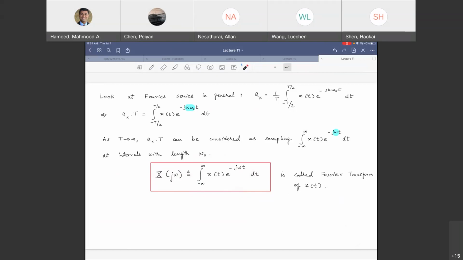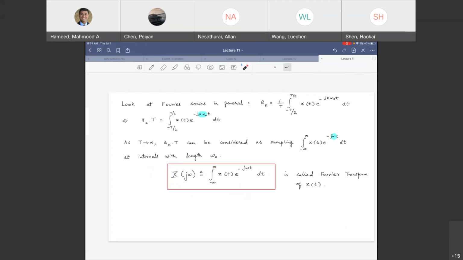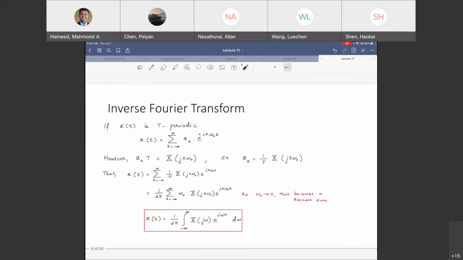Going okay? So that's what we are going to call the Fourier transform of a signal. You want the Fourier frequency content, you integrate from negative infinity to infinity, put the time domain signal in there, multiply by e to the minus j omega t dt. The difference is what? Omega, continuous frequency variable. Earlier, omega naught was constant, depending on time period. K was an integer, right? That was the difference. Now, let's go the other way.